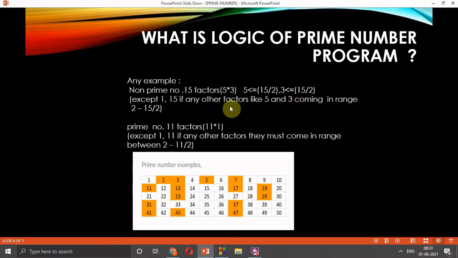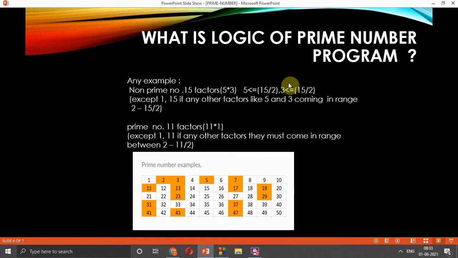So we got factors other than 1 and 15 which divide the number 15, so 15 is not a prime number. Now let us consider another example, which is 11. Factors of 11 are only 11 and 1. That means we don't have any other factors except 1 and 11 for 11, so it is considered a prime number.